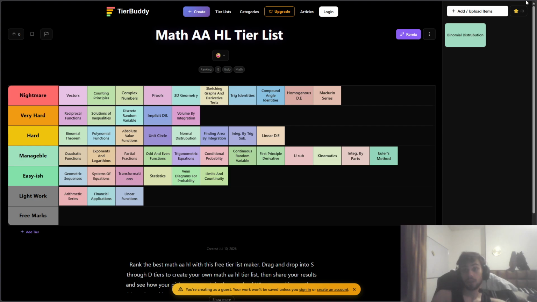A 5 is really good, but I really wanted the 7. I can't believe, maybe if I had just gained one mark, then the whole thing would be different. It's crazy. But yeah, this is my tier list.